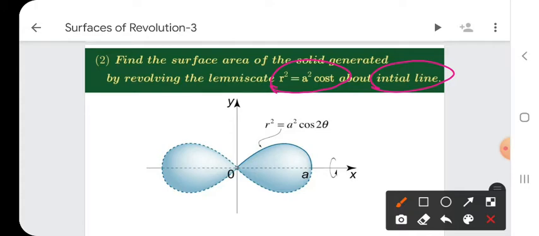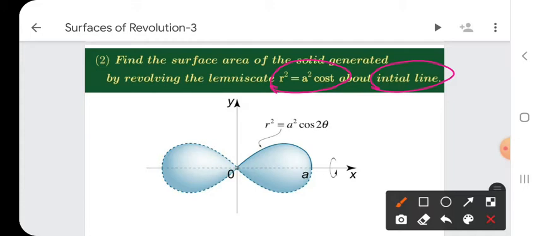In every problem we should observe 3 points. What is our given curve? In which form is the given curve? And about which axis does it revolve? First, in which form is our given curve: is it parametric, polar or Cartesian? And the curve revolves about which axis, x axis or y axis? And from the graph we observe the limit points. These three are the main important points.